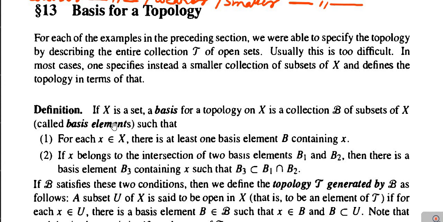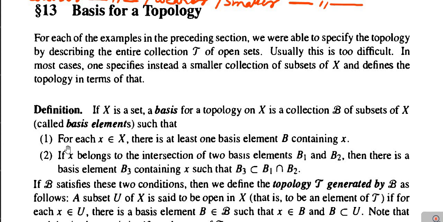So the definition of the basis is, if X is a set, then a basis for a topology on X is a collection script B of subsets of X called basis elements such that they satisfy two conditions.